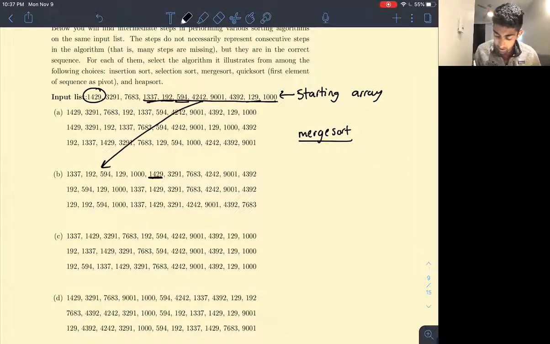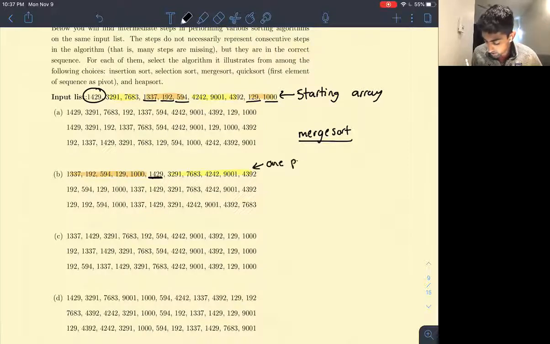Actually, all of these elements move to the left-hand side. And then we can see that these yellow elements right here move to the right-hand side. So with that in mind, what that looks like is a partition using quicksort. So this is one partition